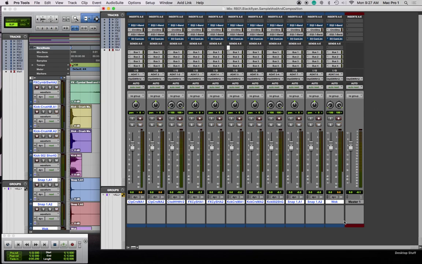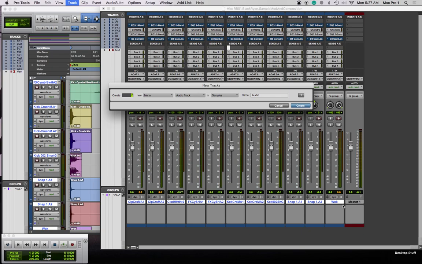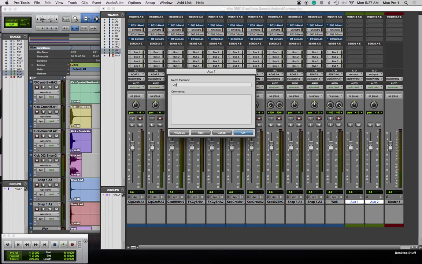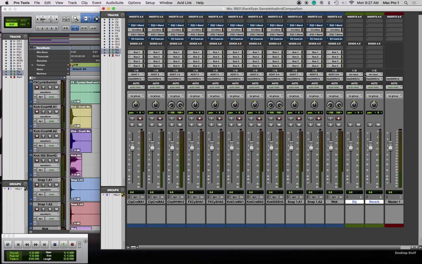Okay, great. Now we got to add our auxiliary tracks. We're going to add 2 mono format auxiliary input tracks. The first one here will be called delay. And the second one, which you can go to by hitting Command right, will be called reverb. You can make these much more specific. And if you have 10 or 12 different ones,